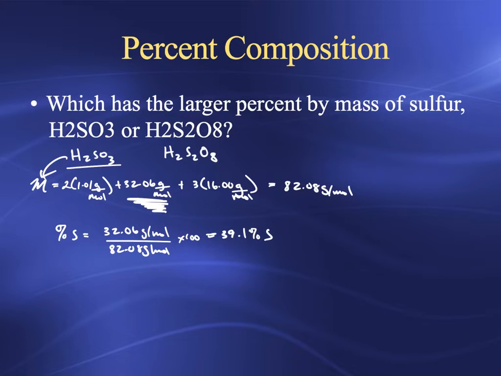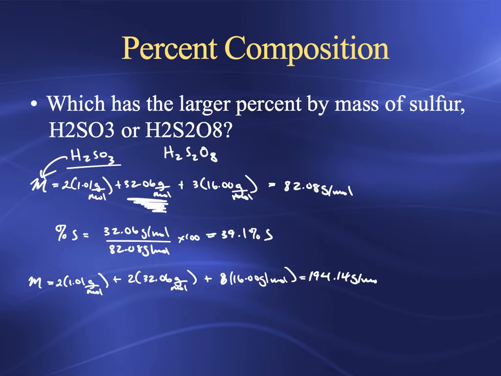Okay, let's do it for compound number 2. Molar mass of that one. Okay, once again, we got 2 hydrogens, so 2 times 1.01 grams per mole. Plus, this time we have 2 sulfurs, 2 times 32.06 grams per mole. Plus, then we've got 8 times 16.00 grams per mole. We're going to need a calculator for this. 2.02 plus 2 times 32.06 plus 8 times 16. Okay, the whole thing weighs